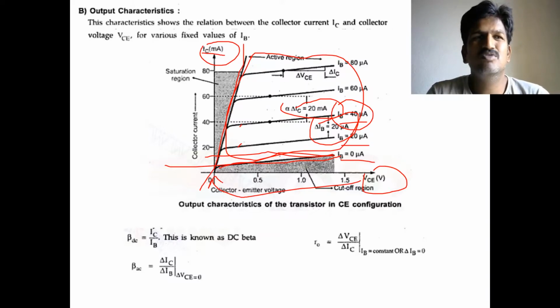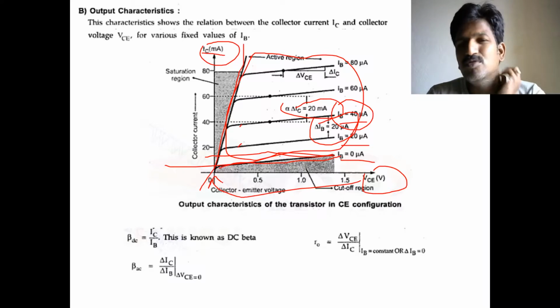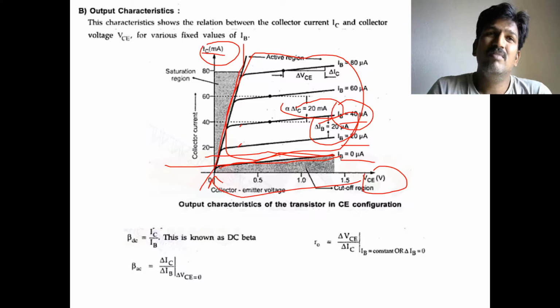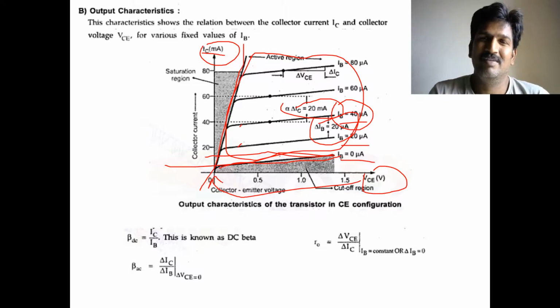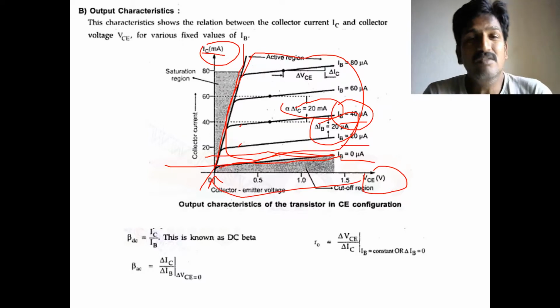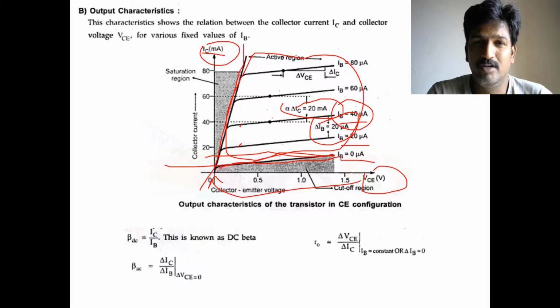So more electrons are going to move to the collector. Why are more electrons moving to the collector? The collector terminal is connected to the positive terminal of the DC power supply. The positive terminal has positive polarity, electrons have negative polarity, so both attract. So more electrons move to the collector area due to the positive power supply from the external source.